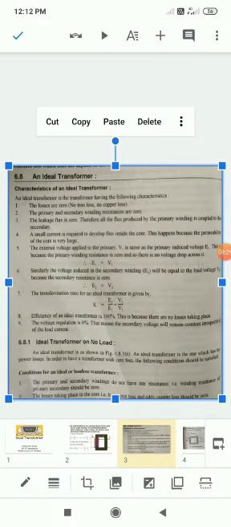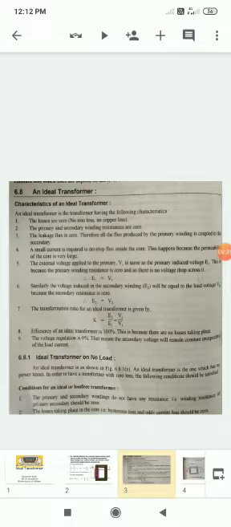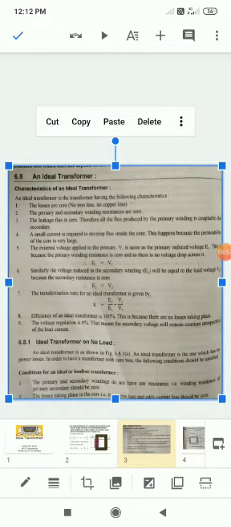Now students, we will discuss what happens when we connect no load to an ideal transformer. The first and foremost concept in your mind: if you are dealing with an ideal transformer, then you get V1 equal to V2. Whatever voltage you apply on the primary end, you will get the same voltage on the secondary end. There is no step down or step up. So first of all we see the figure